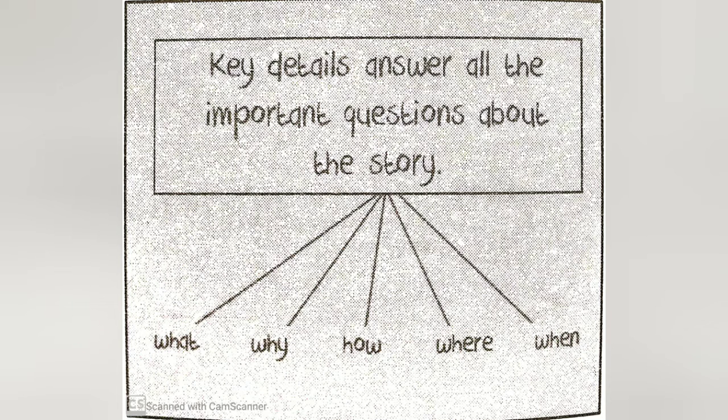Let's review the first page. Where did the story happen? The story happened in the village. What was the village like before the trees were cut? Everyone was happy, trees were there. What happened after the trees were cut? After the trees were cut, rain didn't come for 4 years. Why were the villagers sad? Because there was no rain.